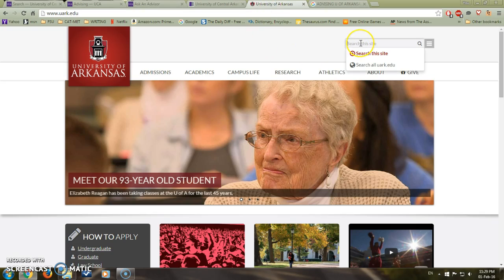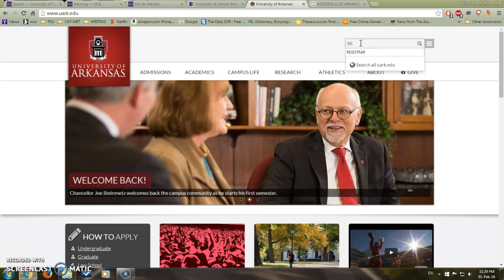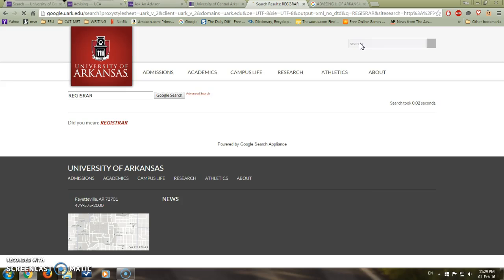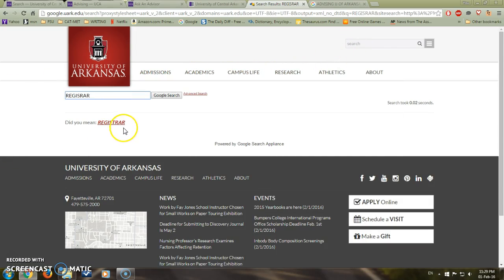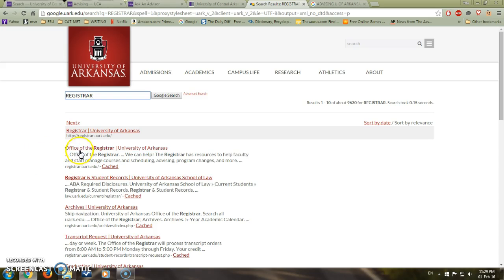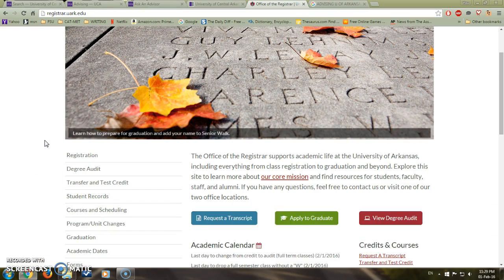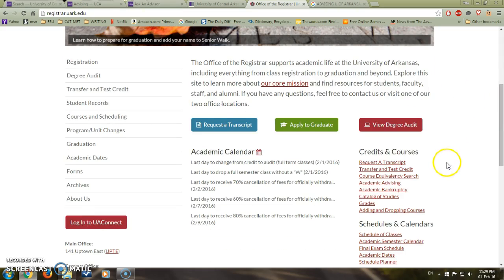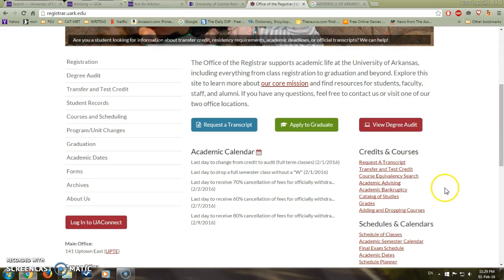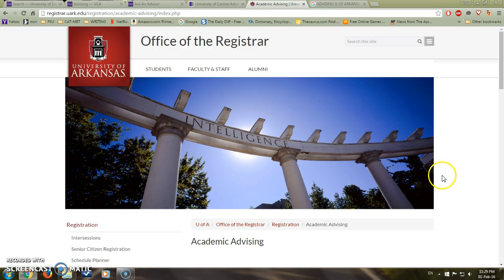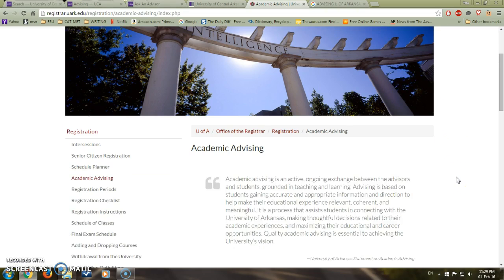So back to the website, after entering in registrar in the search box up top, yes I did, can't spell apparently, you click on the Office of the Registrar link, and you have to then page down to credits and courses over here on the right, and voila, there is academic advising. Another beautiful page, and